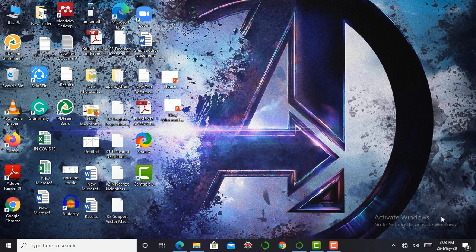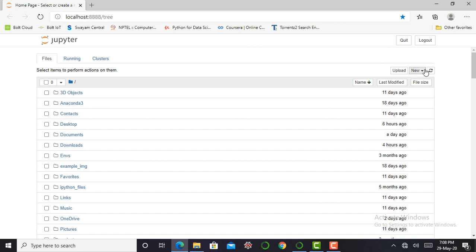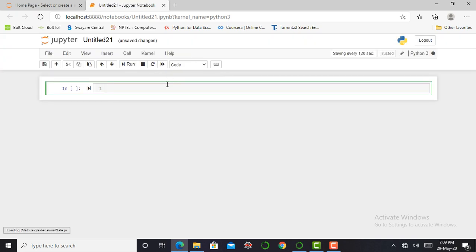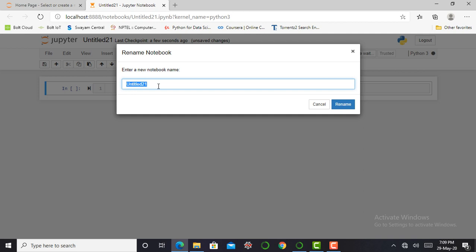So without delaying, let's go into our Jupyter notebook and start the coding. First, create a new notebook and name it NumPy part 1.